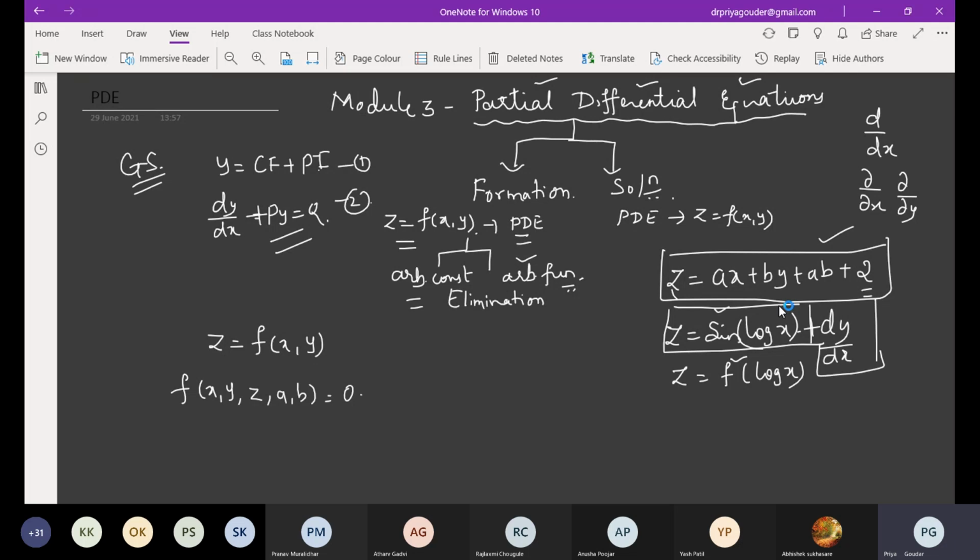Okay, try to understand it. To be a differential equation, it should be an equation. It should contain differentials, and if those differentials are partial, it is called a partial differential equation. Now, some equation will be given with arbitrary constants. I want to form the PDE. So to form the PDE, what should be present? It is already an equation because unknowns are there. Is it a PDE, a partial differential equation?